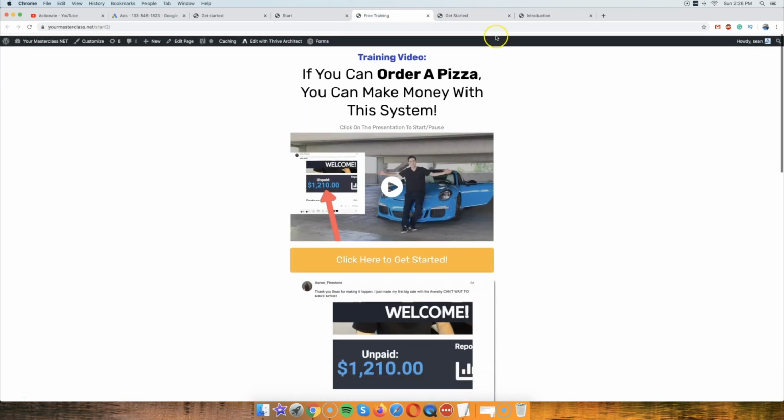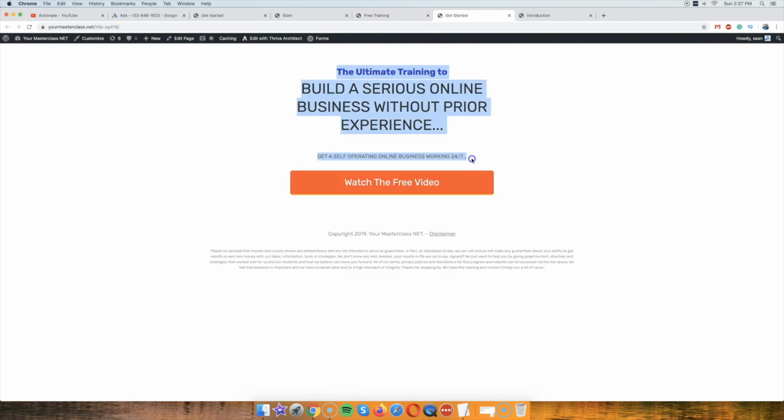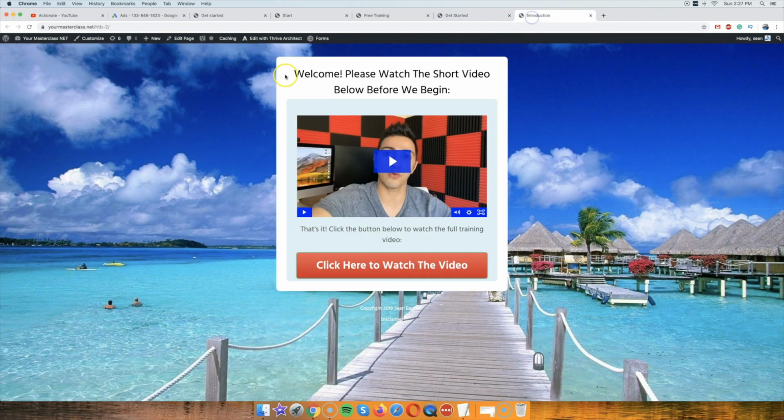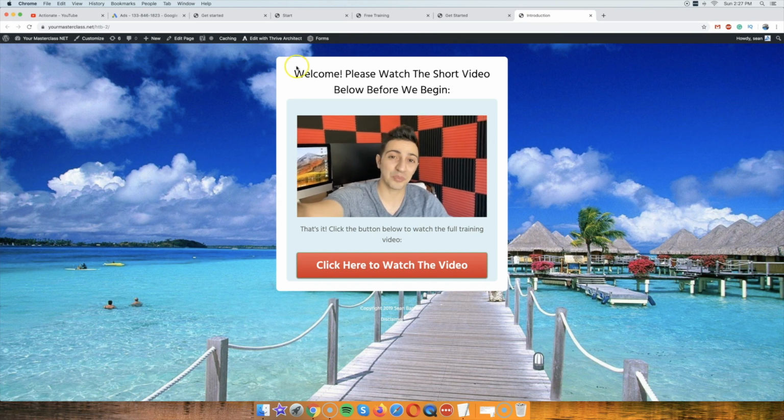Now another example of this, which is another thing that I've seen a lot of Aversity members using and getting good results with, is sending people directly to an opt-in page, and then after you get their name and email, you have this personal element, the personal touch. You have this really quick introduction about yourself. Hey, my name is this. I've been getting results with this, or I've recently joined this program. It's really great. You should definitely check it out. Again, just an introduction. You don't want to sell them anything. You just want to introduce yourself, okay?